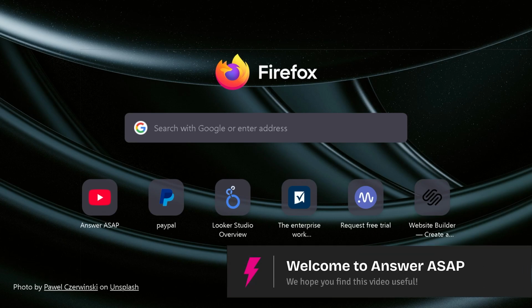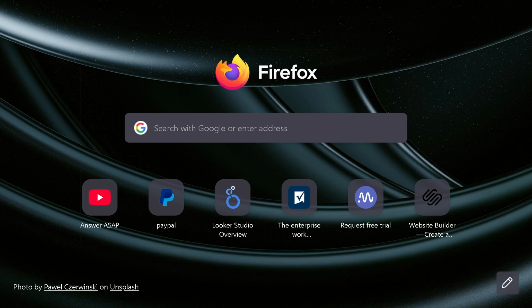In today's video, we are going to show you how to block a website on Mozilla Firefox, which is super useful if you want to avoid distractions, block inappropriate content, or control website access on your computer. Let's begin. Now, the first thing that you need to do is open your Firefox and make sure you are